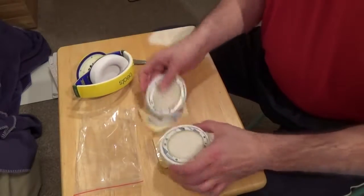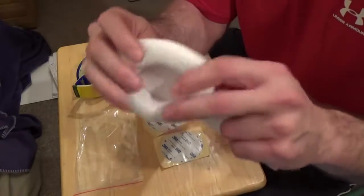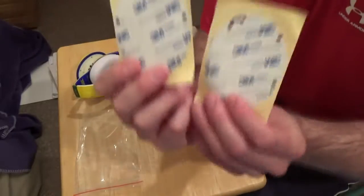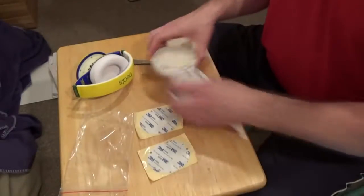This is what you're going to get in the package. You have two earpads, protein leather, nice and soft, with their adhesive tapes on the back that you're going to remove. You also have two extra adhesive tapes, just in case you make a mistake. Now,